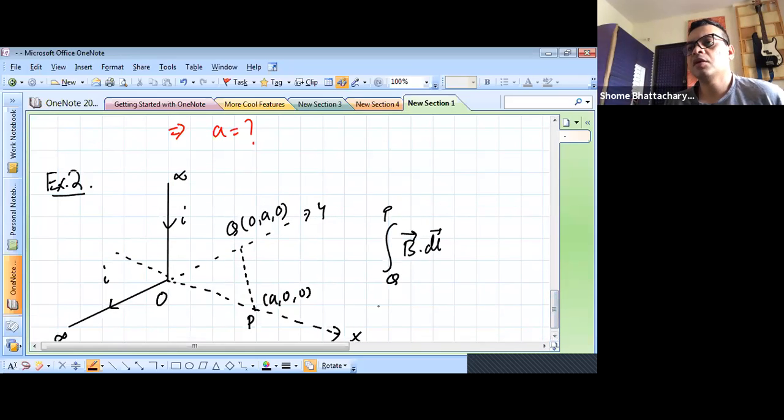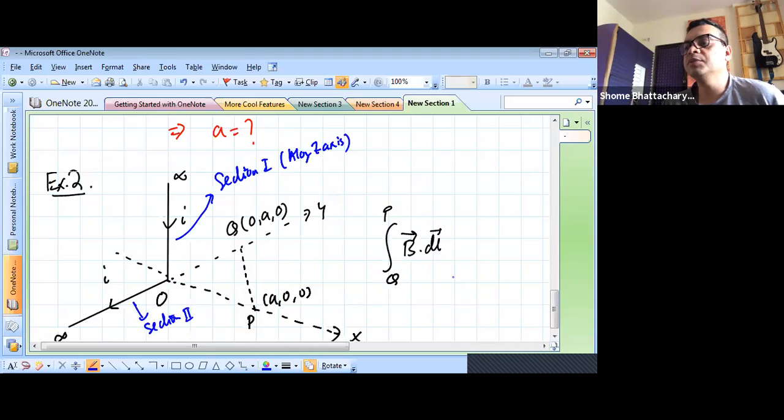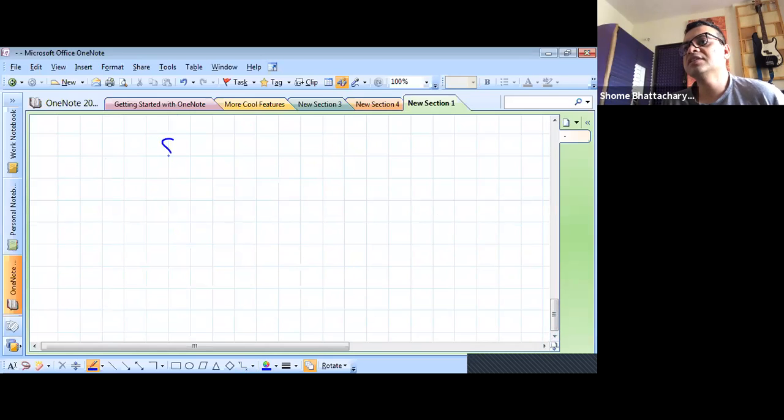So if we find the flux due to this section of the wire, the one which is along the z axis. Okay, so let us say the section of the wire which is along the z axis is section 1 and this is section 2. So we can calculate the integral B dot dl, the circulation, due to section 1. Now due to section 1, you can see that if you look straight into the xy plane,